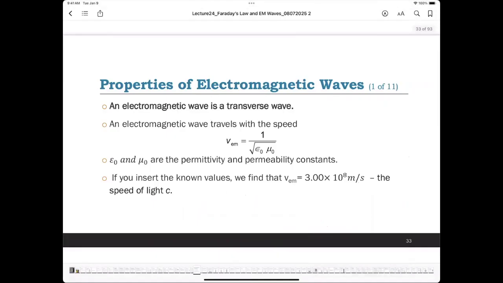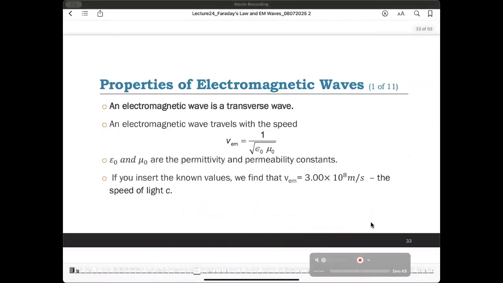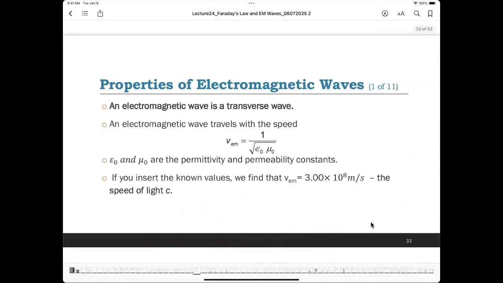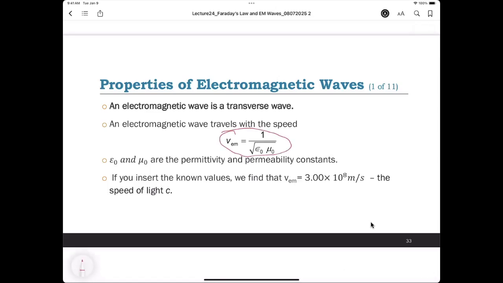It's not a longitudinal wave. And an electromagnetic wave travels with the speed, this one. We can use this equation to calculate the speed of an electromagnetic wave. And this one, this is the same thing. Sorry, I think I should make it constant. This one and this one, those two are the